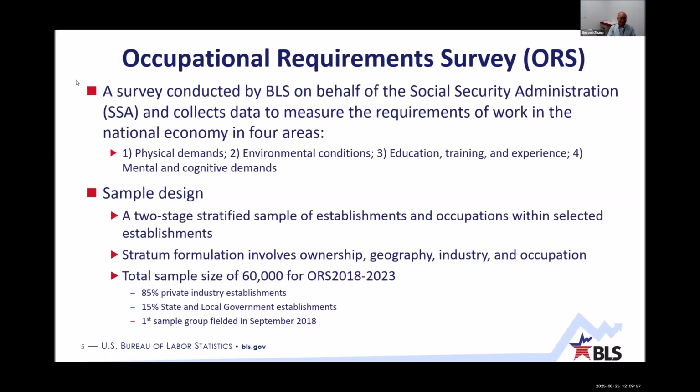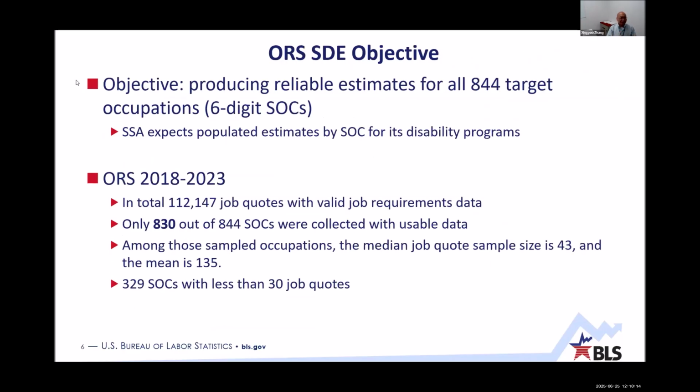The total sample size is 60,000 for 2018 to 2023. So 85% are private industry establishments, and 15% are state and local government establishments. The objective of small domain estimation is to produce reliable estimates for all 844 targeted occupations, which we call sources, represented with 6-digit SOC. And for the OEWS 2018 to 2023, we total collected